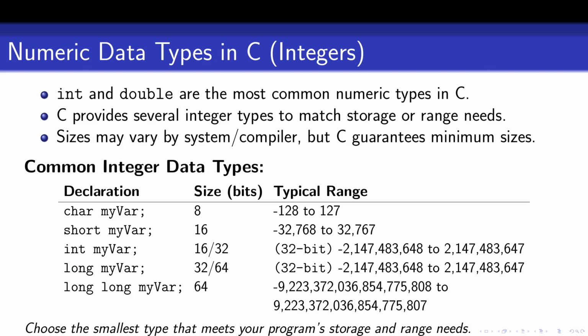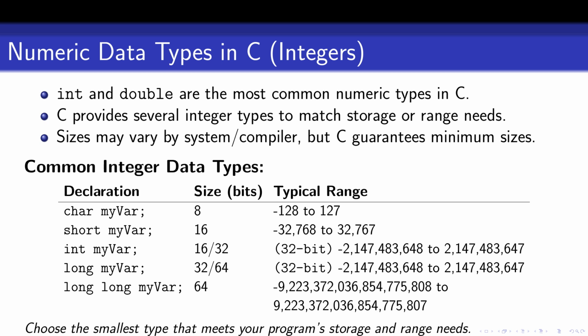C provides several integer types to give you control over memory usage and number range. While int and long are commonly used, other types like char, short, and long long are also available. Each type has a specific size in bits, and that determines the range of numbers it can represent. For example, a char typically uses 8 bits and can store values from -128 to 127, while a short uses 16 bits, allowing values from